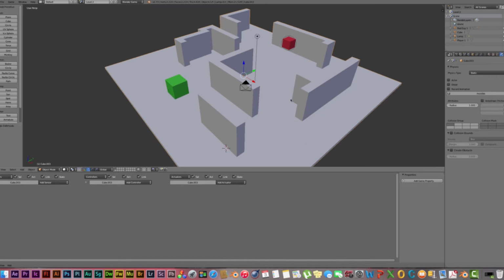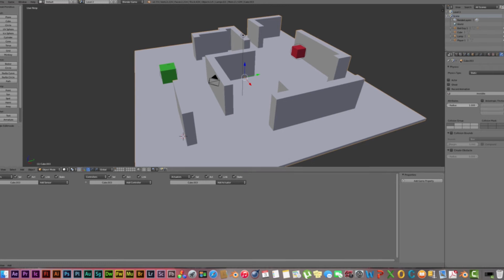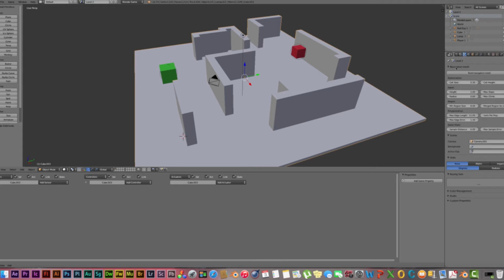follow us. So what we're going to do is select the floor and go into this icon here. It's a picture of the sun. It's got a blue cylinder and it looks like a sphere there as well, and we're going to open up the navigational mesh. Now, this is all of the parameters, so what you'll do is you'll look at the size